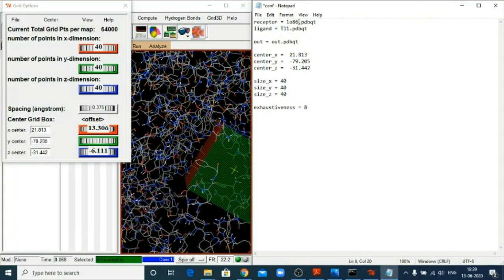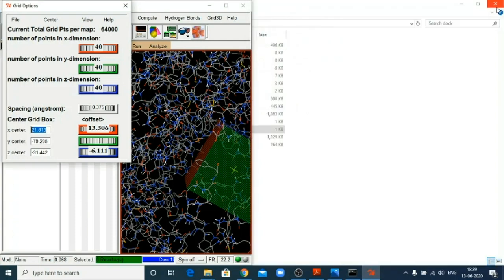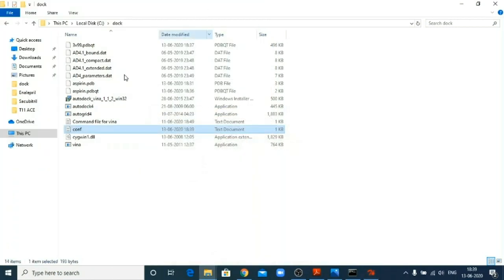What is the file name? 3V99. What is our ligand? SP, and press file, save. The conf file is saved. Now what is the next thing?